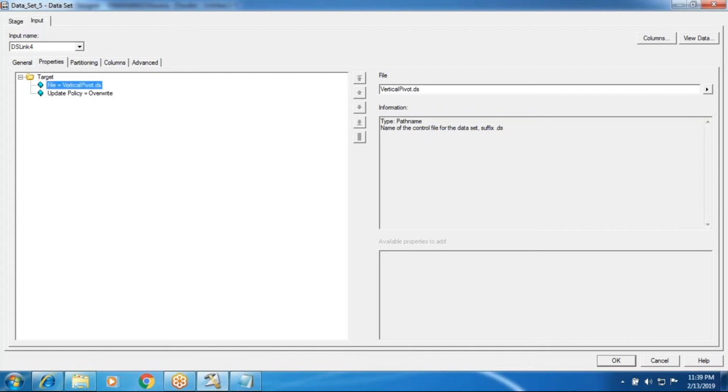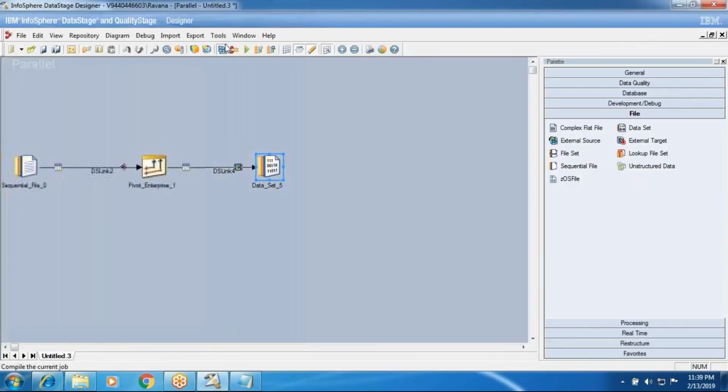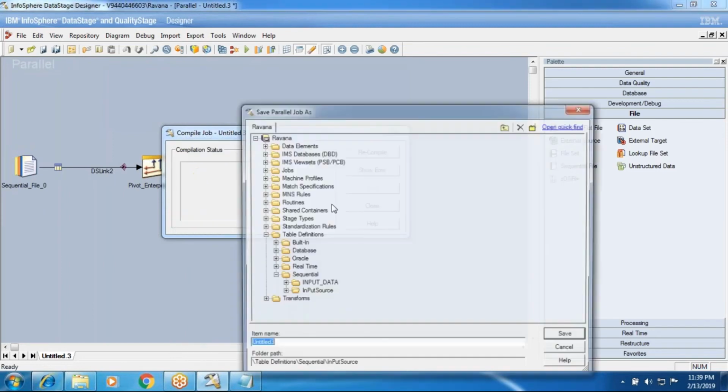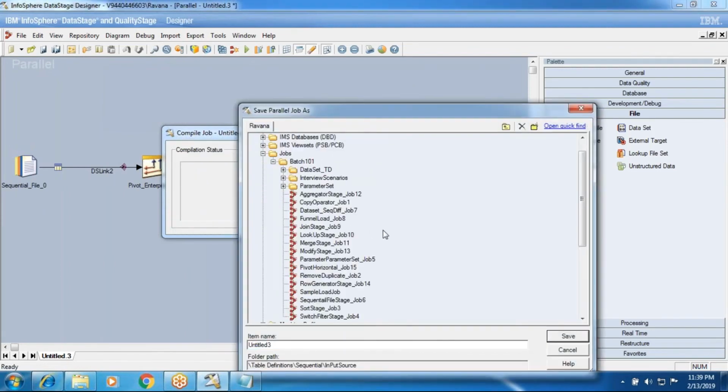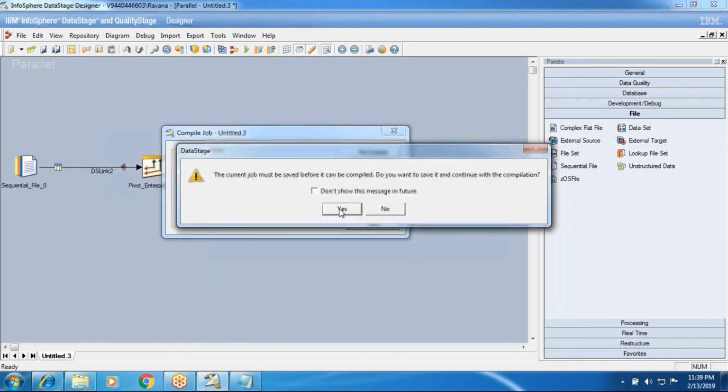pivot.ds. Compile, and I'm going to run this job now. I'll just compile this job.